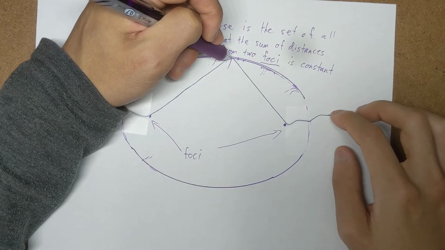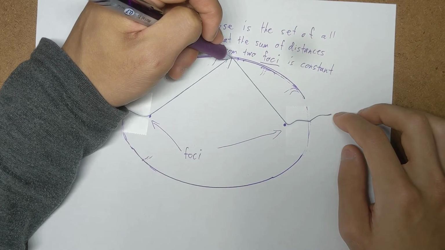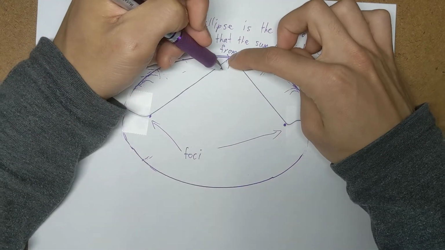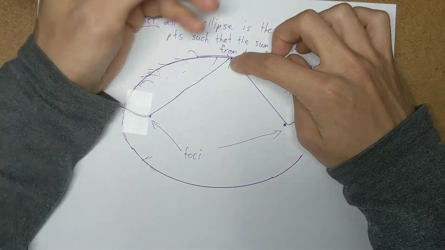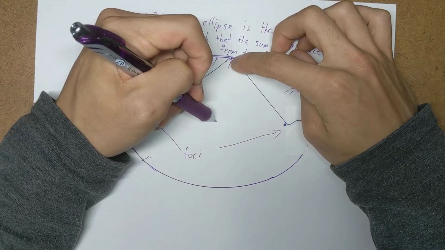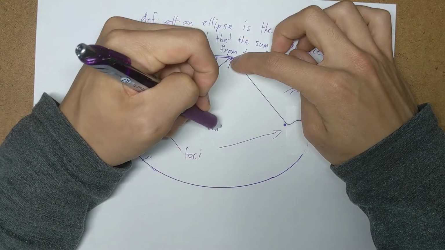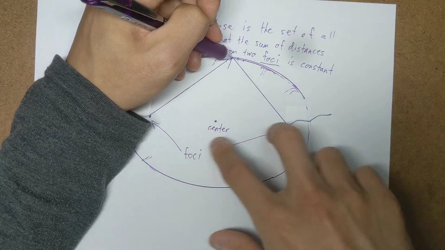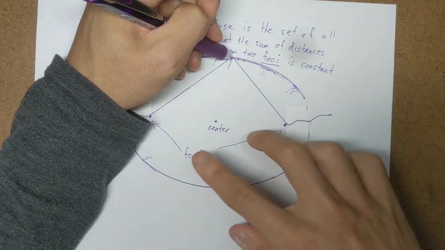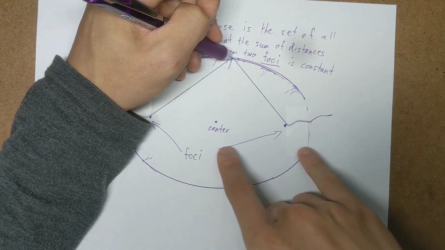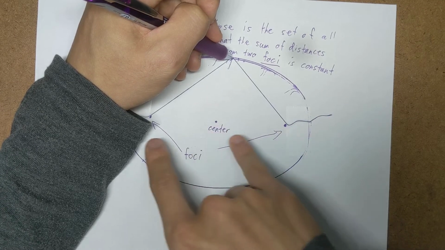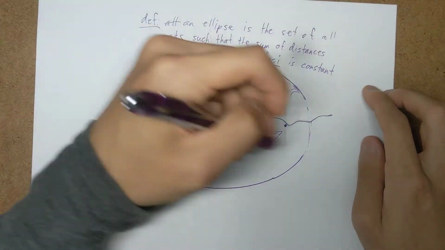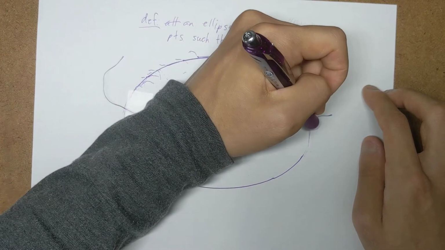Okay, so let's think about this. How would I actually figure out where these 2 foci are? So first off, I think it's fair and pretty clear that we can accept that the foci are, if this is the center, equidistant from the center. I think you can also see from this picture that the foci are along the major axis. So again, the major axis is the longer of the two. So this right here,